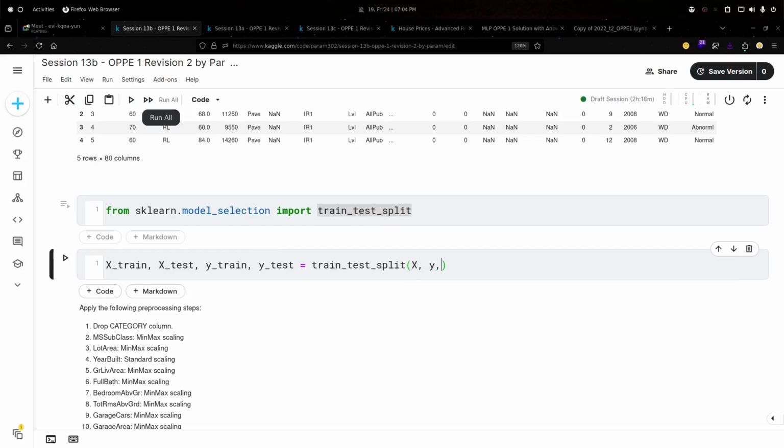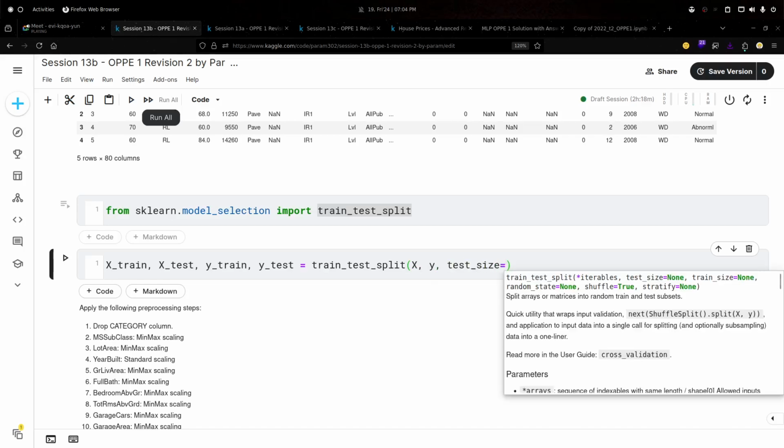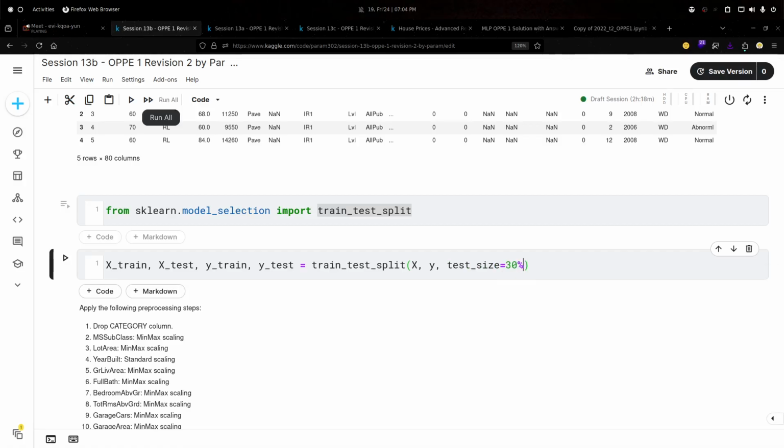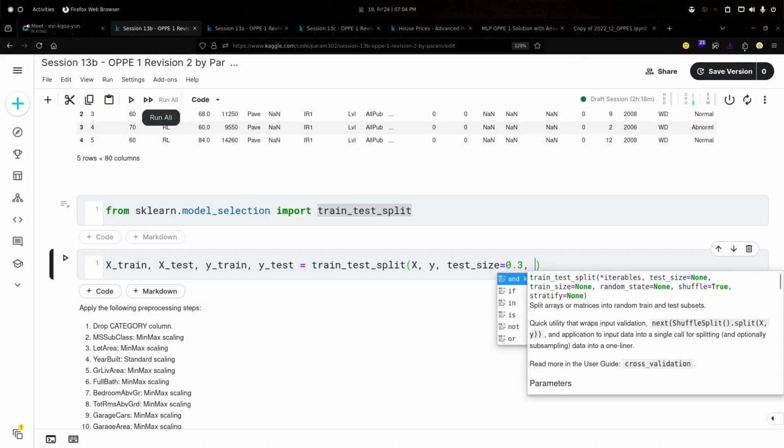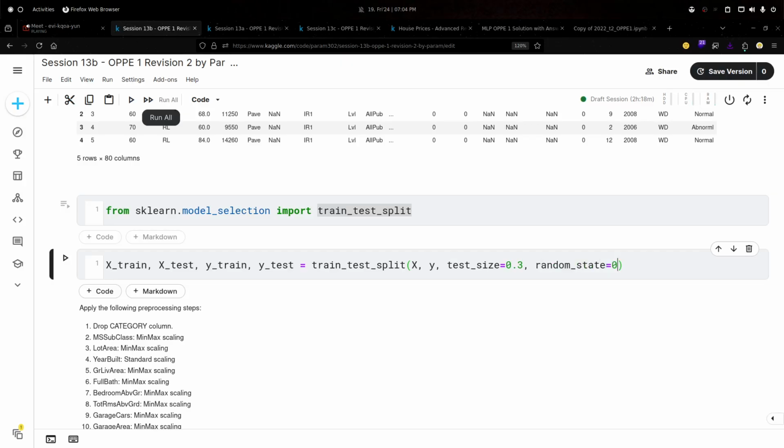X comma y, then test_size, then random_state. Is test_size 30 or 30%? It should be in the ratio, 0.3. And then random_state is 0. Or I can do something like this: train_size is 0.7.